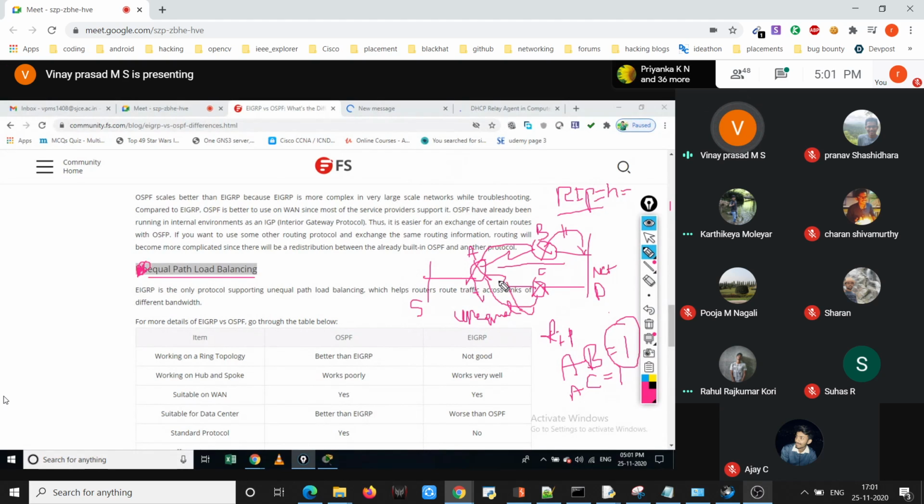If I use here a fast Ethernet, we know that the bandwidth of that is 100 Mbps. So 100 Mbps on every link, so obviously the cost is equal. Then again OSPF also does load balancing. So in EIGRP, we know that something the